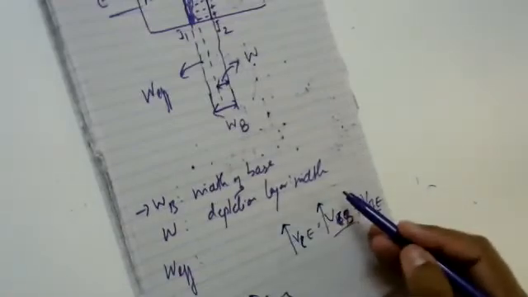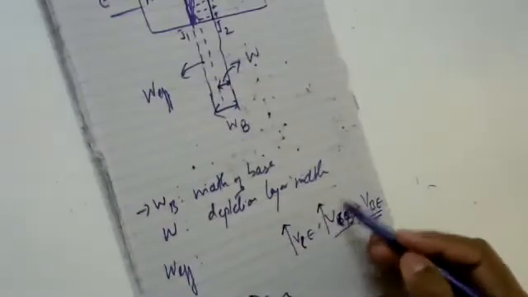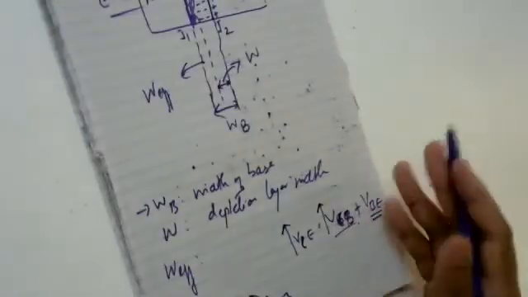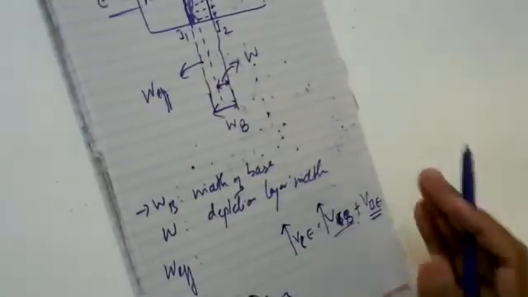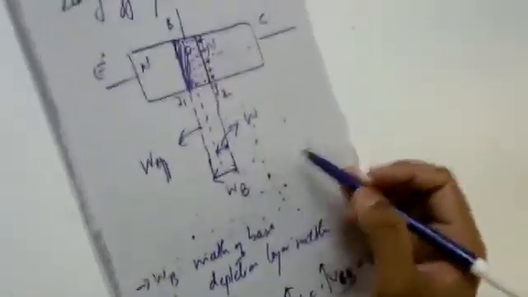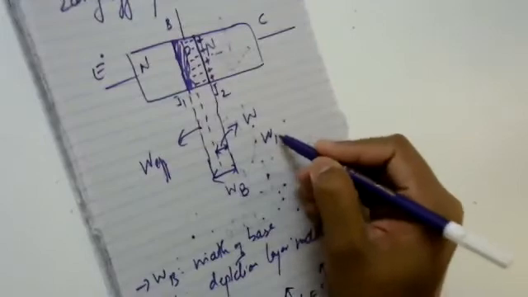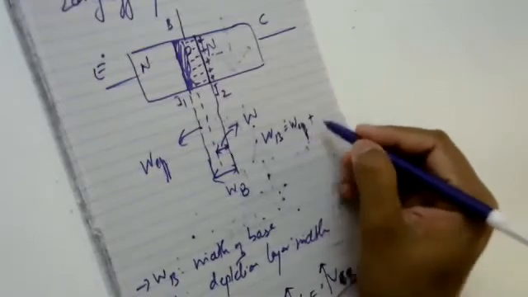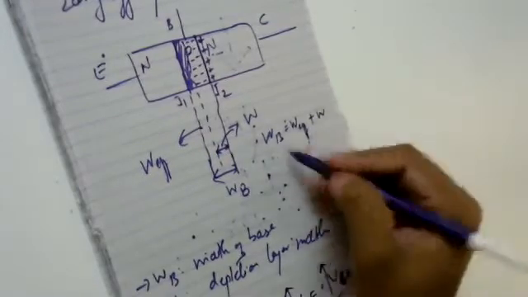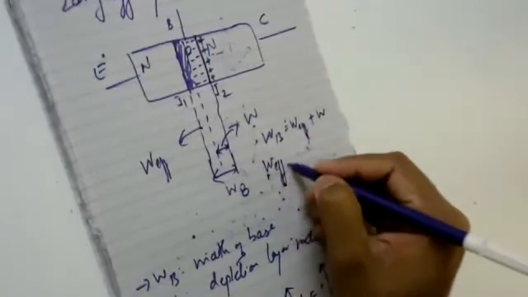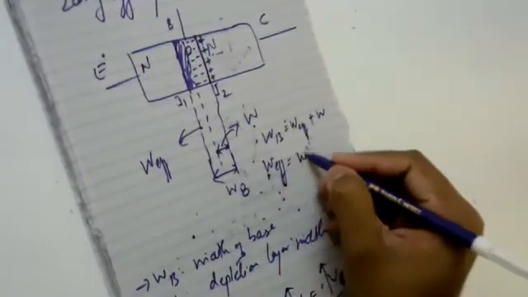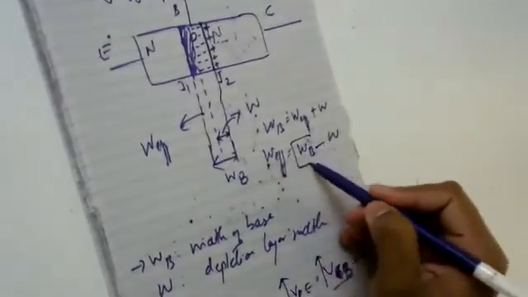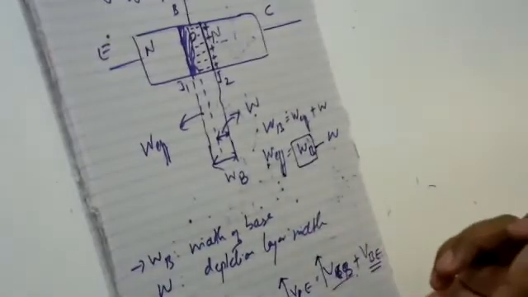But what is VCB? It's a reverse voltage. So VCB is going to increase. If VCB increases, what will be its effect? Since we know the equation we wrote yesterday, WB, nothing but the width of the base, is given by W effective plus W. If I write the same equation for W effective, then W effective will be equal to WB minus W, wherein WB is a fixed quantity. This will not alter.